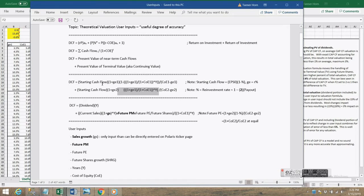Now, starting cash flow that's used both in this first term and also in the second term is based on the bottom of the income statement, namely earnings. So this is free cash flow to the equity holder, whereas the table that we showed how an analyst does explicit cash flows is based on free cash flow to the firm. But here we are at the bottom with earnings. Then what's done here is you multiply earnings by 1 minus what's called the reinvestment rate. What you're left with when you multiply those together is how much is being distributed to the